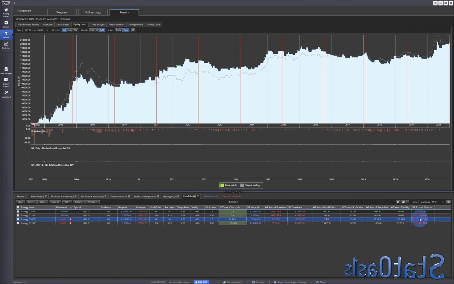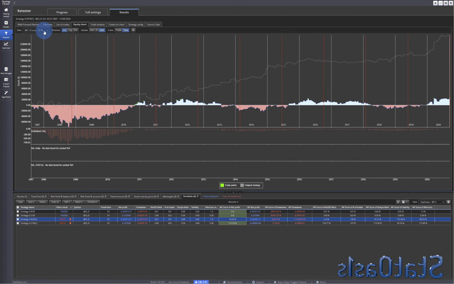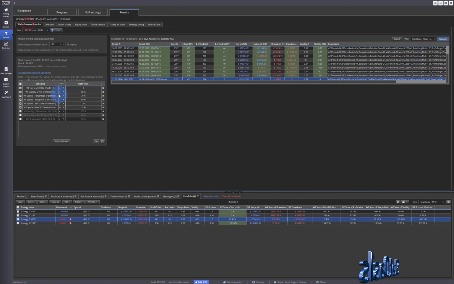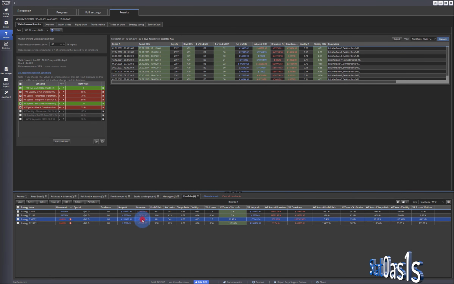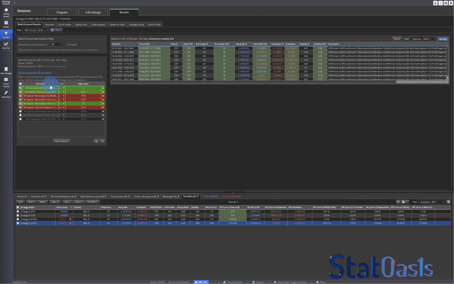While this strategy is a lot worse, because it's 19% of the original. And also a lot worse, 5% of the original. And look at this, the drawdown is 356% more. So that's a lot worse. And the profit is 19% more. And remember, this strategy failed. Yes, miserably failed. Like this strategy, only 2 of the conditions are true, while this one, 3 of them are